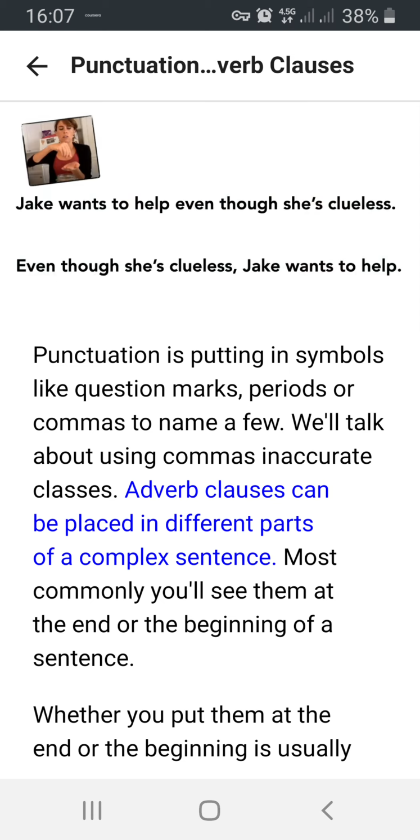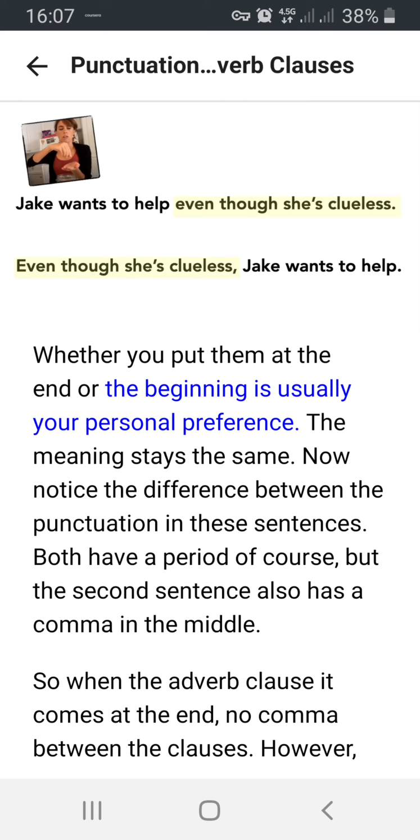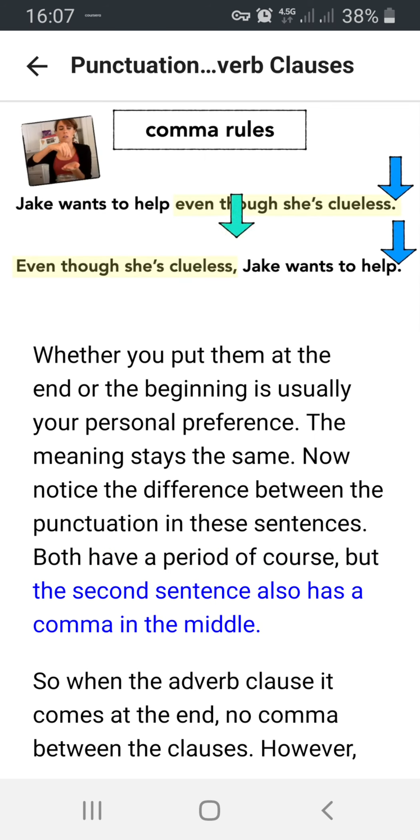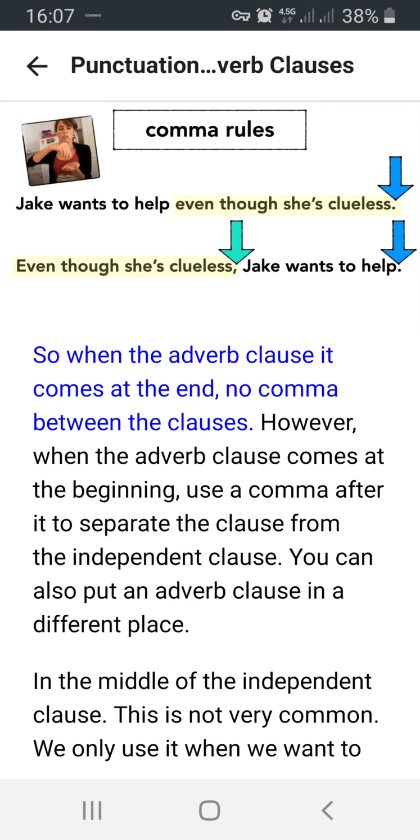Adverb clauses can be placed in different parts of a complex sentence. Most commonly, you'll see them at the end or the beginning of a sentence. Whether you put them at the end or the beginning is usually your personal preference. The meaning stays the same. Now, notice the difference between the punctuation in these sentences. Both have a period, of course, but the second sentence also has a comma in the middle. So when the adverb clause comes at the end, no comma between the clauses. However, when the adverb clause comes at the beginning, use a comma after it to separate the clause from the